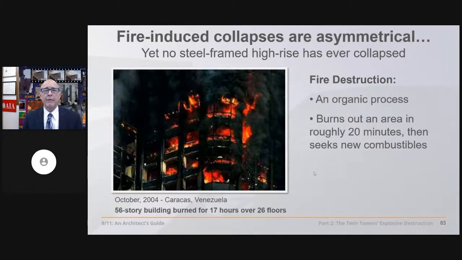So when fire does bring down a building, and we've never had a high-rise brought down by fire prior to 9/11, but say in a wood frame building, it would fall in stages because it's a chaotic process that follows the laws of entropy. It would cause buildings to fall over to the path of least resistance, not down through this tons of structure that's not burned, straight down below it, as the towers in question did.